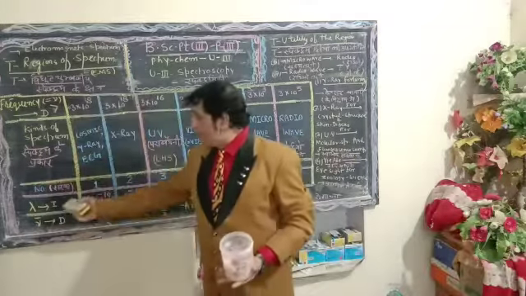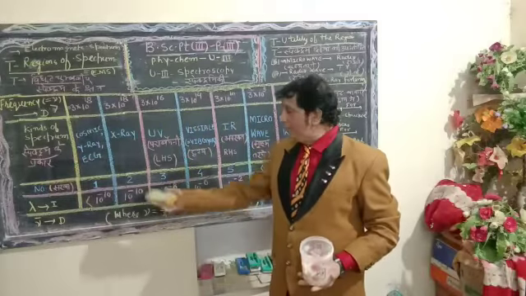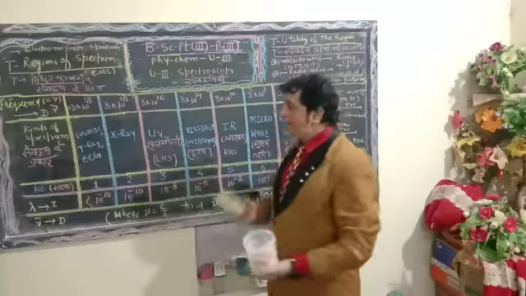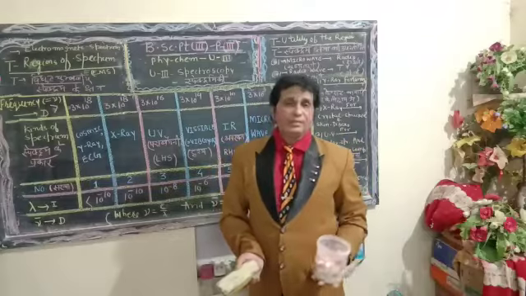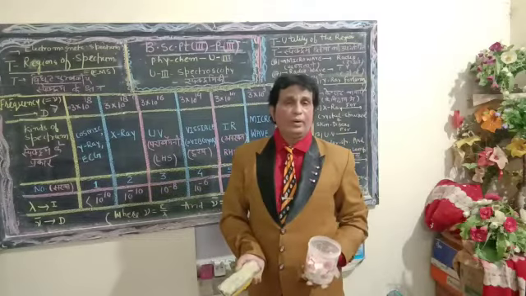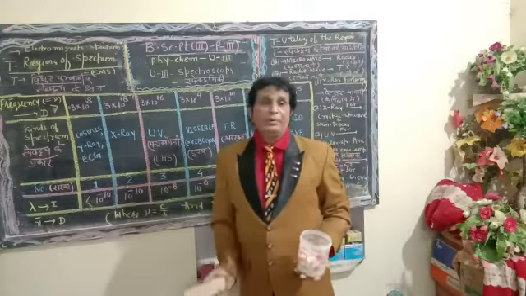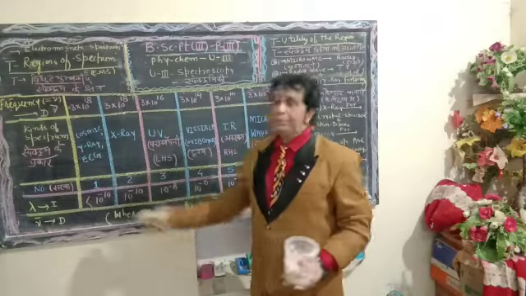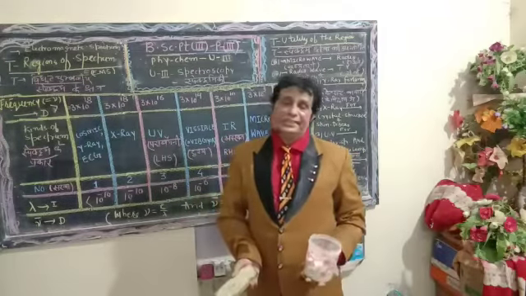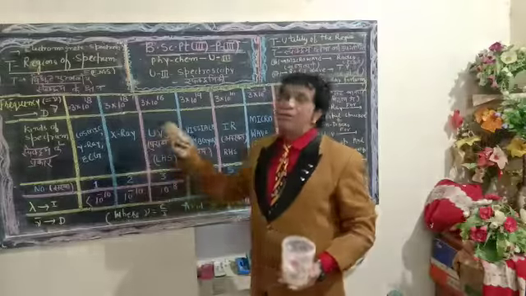Since the value of lambda, the wavelength, increases on going from left to right, the wave number, which is the reciprocal of lambda, will definitely be in decreasing order. Dear students, overall